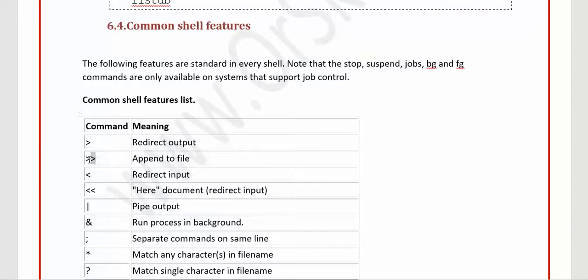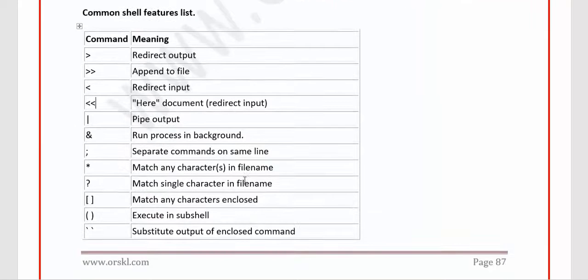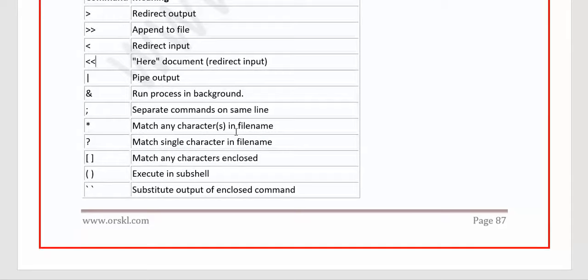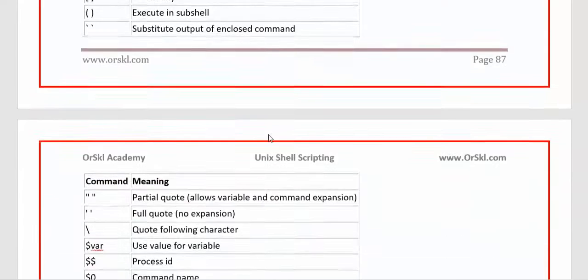Greater than, double greater than to append to a file, less than to redirect from an input, double less than for here document, pipe, ampersand to run a process in the background, semicolon to separate lines, star to match characters in a file, question mark to match a single character, square brackets to match any enclosed characters, parentheses to execute in a subshell, and backticks to substitute the output of an enclosed command.